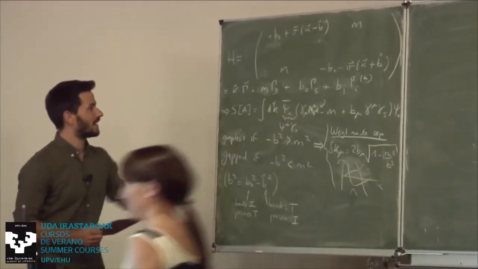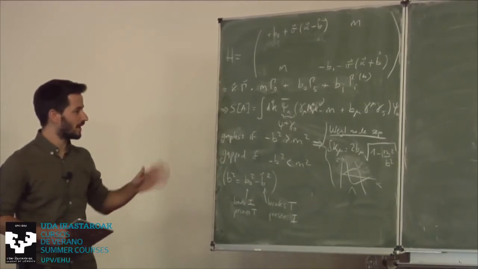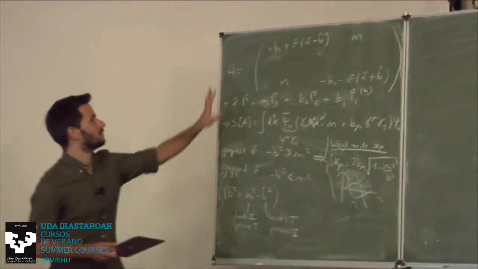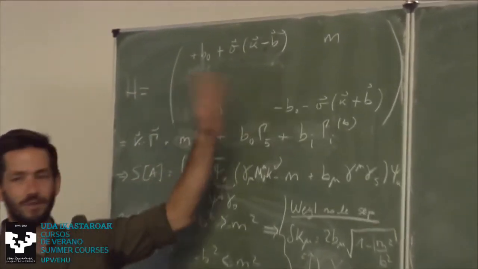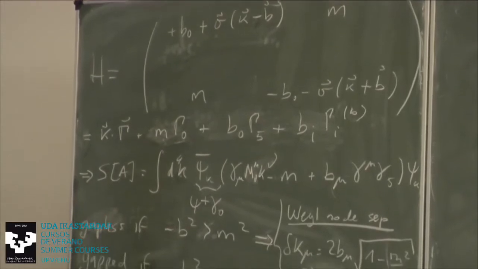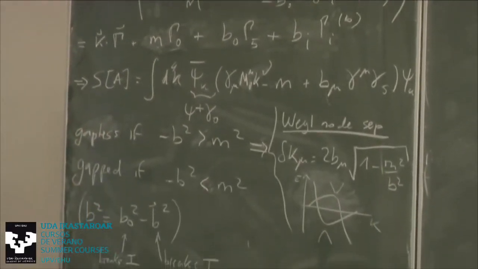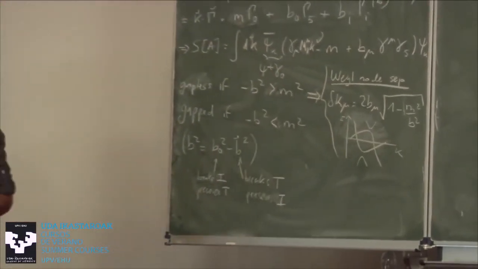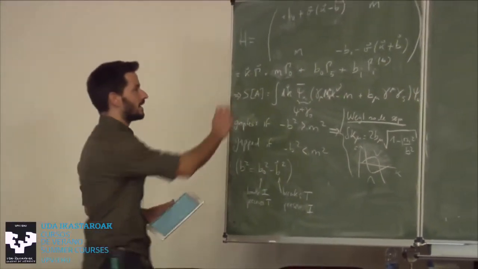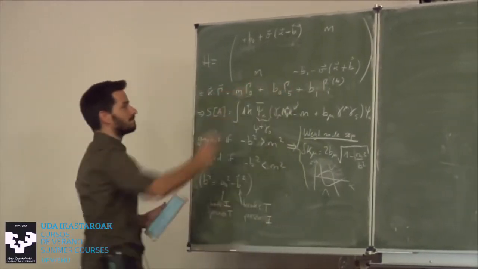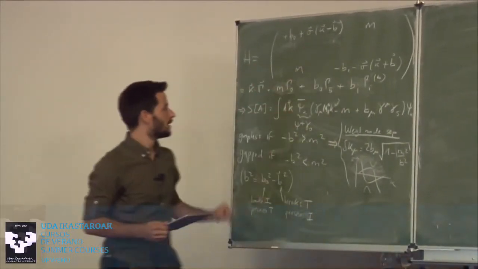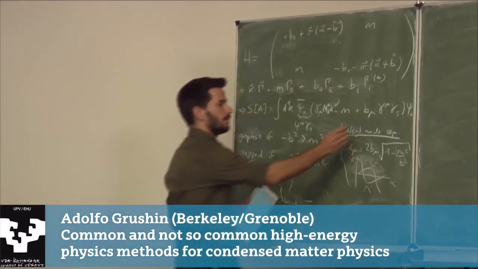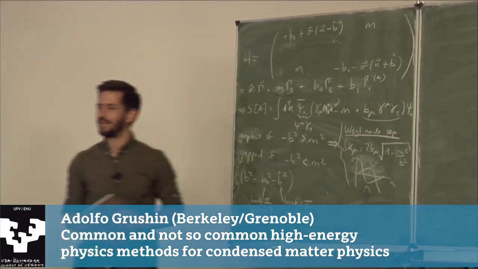Okay, so I wrote a summary of what we discussed yesterday. Just to remind ourselves, there was this 4x4 Hamiltonian that we all know how to diagonalize by now. It has all phases from a Weyl semimetal to an insulator to a Dirac semimetal. It can be written in some compact way with some matrices that you can read from here. We wrote it also as an action with some term that we identified that broke